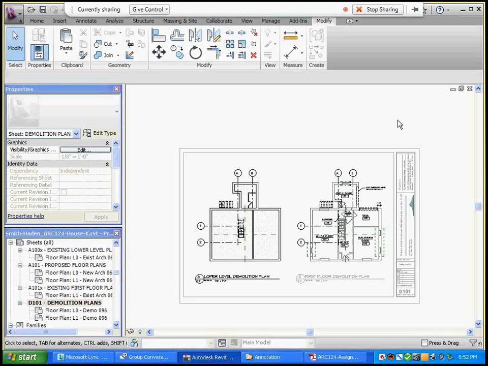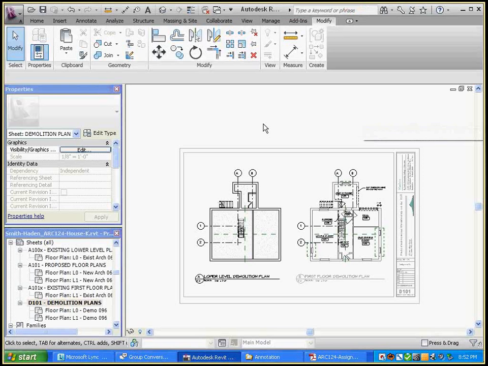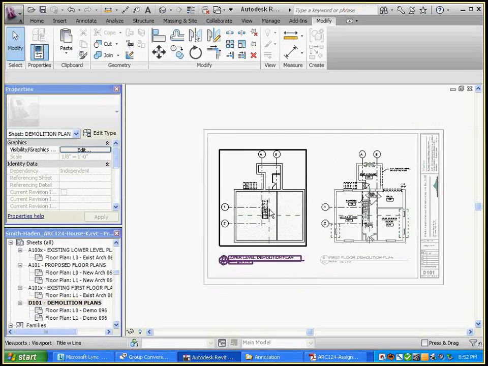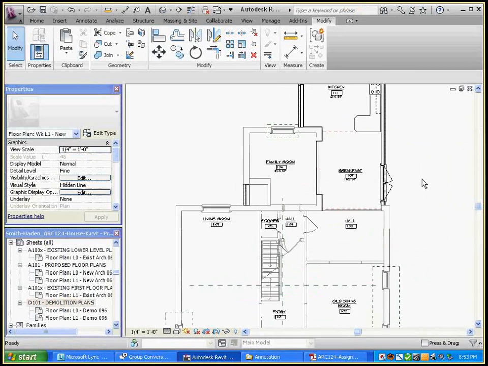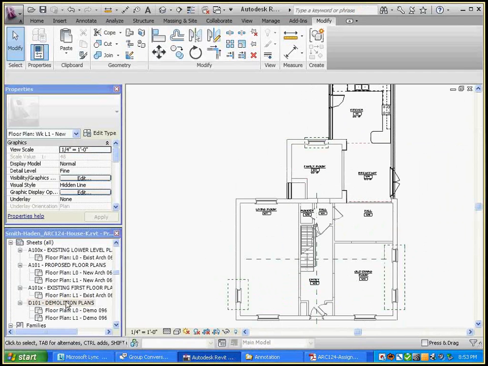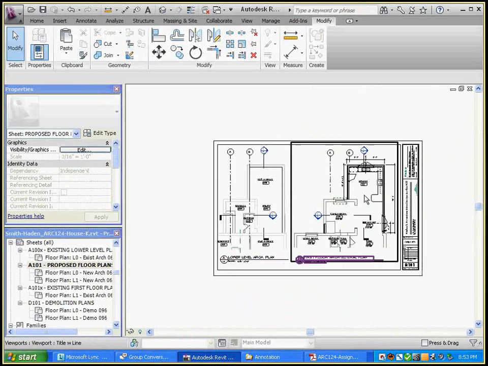Okay, we're back from break, and now we're going to talk about room schedules. And I'm not going to worry about the demolition anymore because we only want to schedule our new rooms. So I'm going to pull up my A101 where I have the basement and the first floor rooms all placed